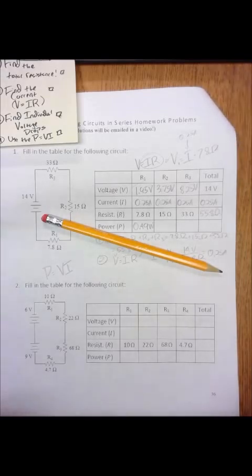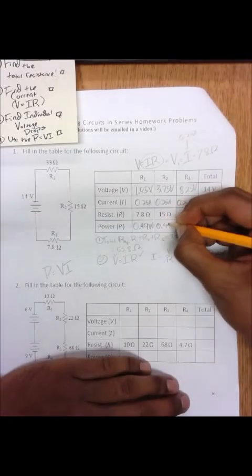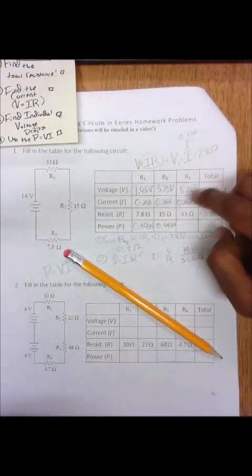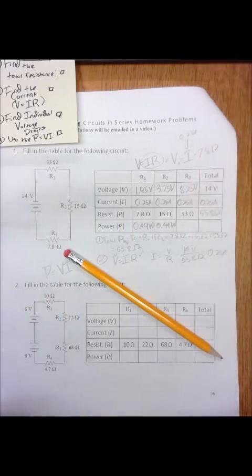Then 3.75 times 0.25 gives 0.94 watts, and voltage times current right here would be